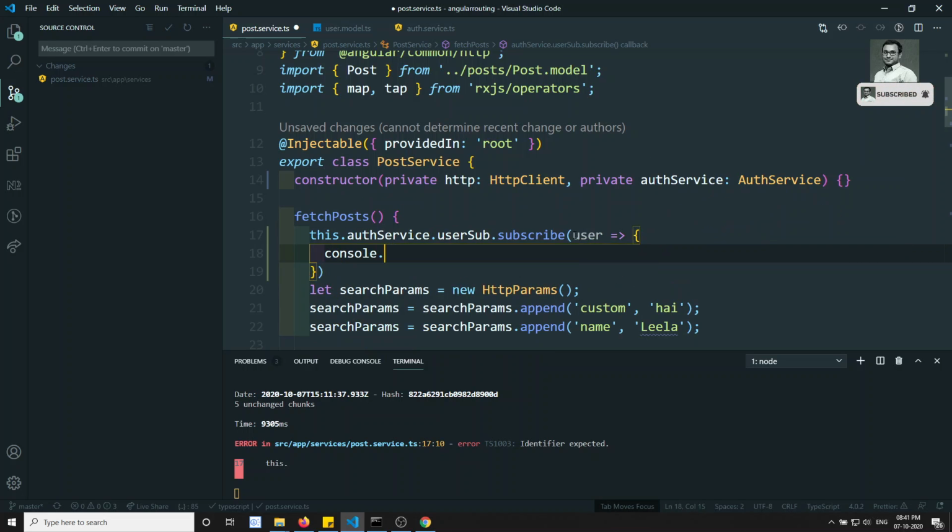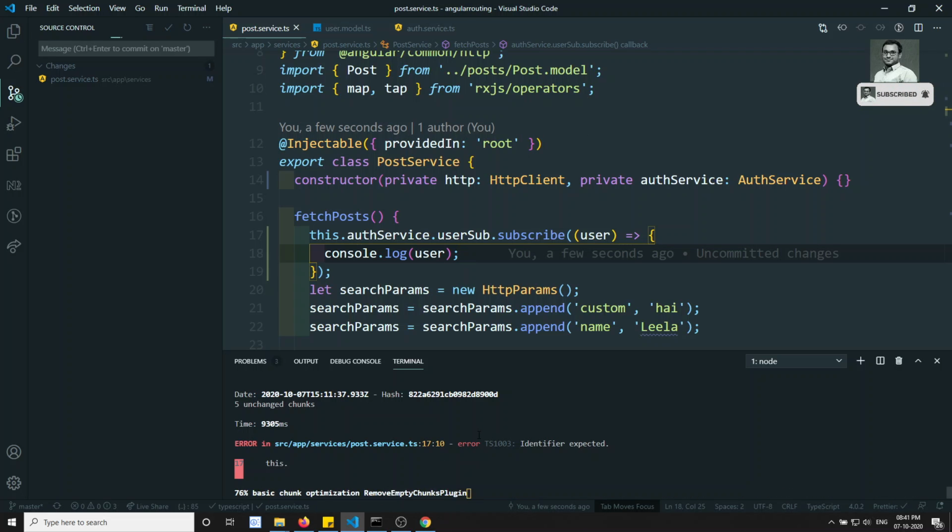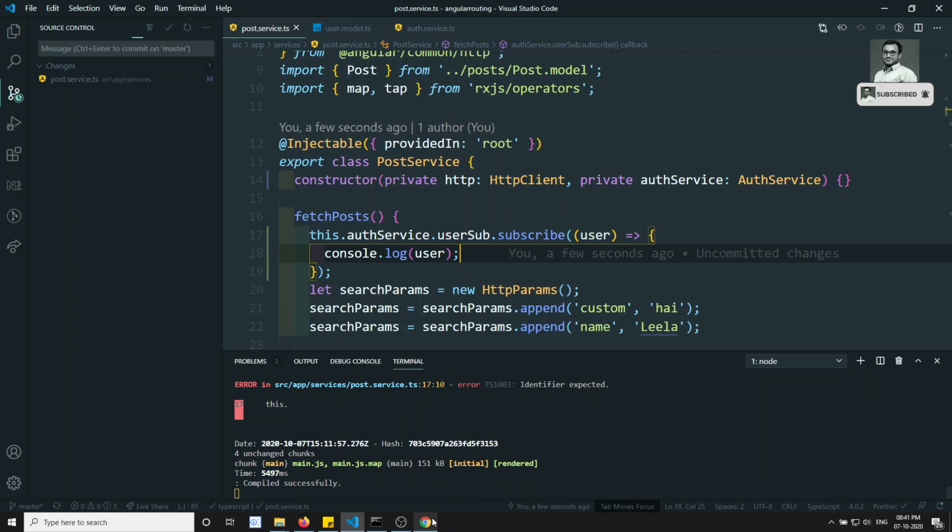If I do console.log of user or anything, and check this, it is executed successfully.